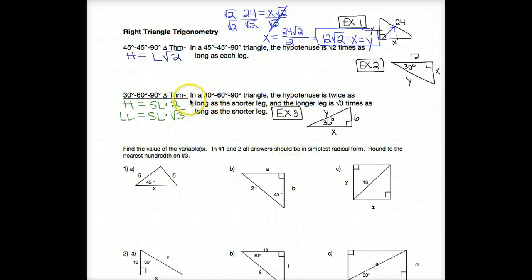Now, unlike with a 45, 45, 90, it matters which formula I use in some cases because it depends. What am I looking for and what do I know? If you know the short leg, you could start with either formula because short leg appears in both of them. However, if you only know the hypotenuse or only know the long leg, that forces you to start in that formula to solve first. So if we look at our example 2 here,